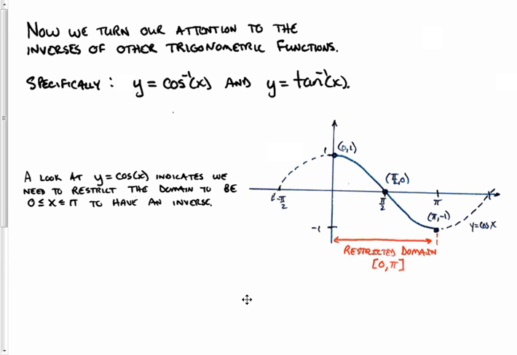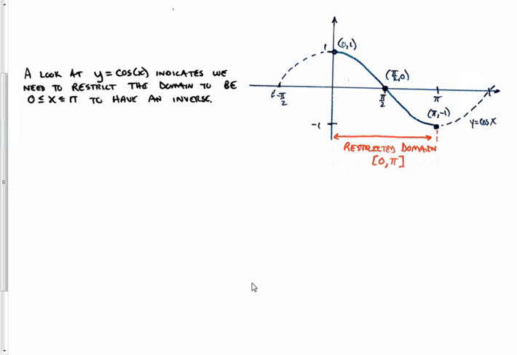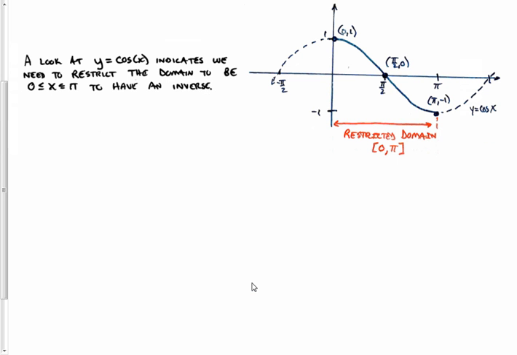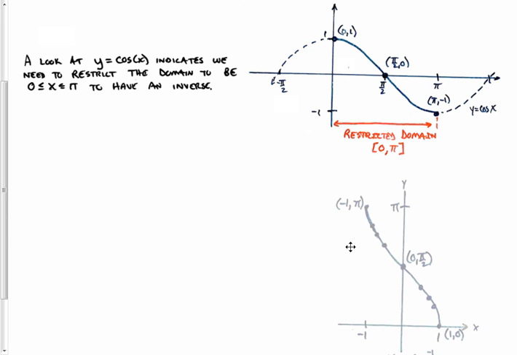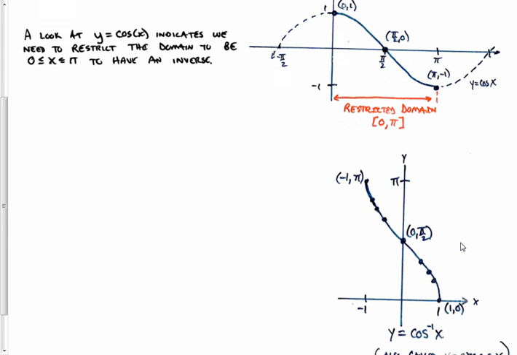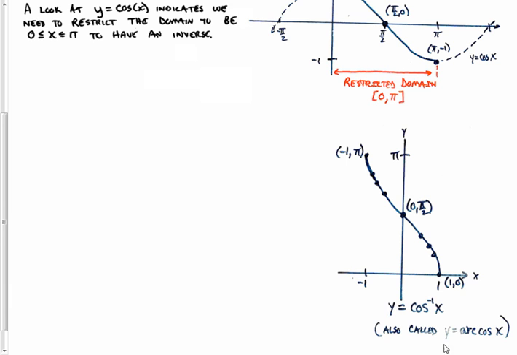So this is basically a statement of what I've already said there. If we look at this restriction from 0 to π, then we have something that we can find an inverse of. And the inverse would look like this. And just as an example, to give you an idea,